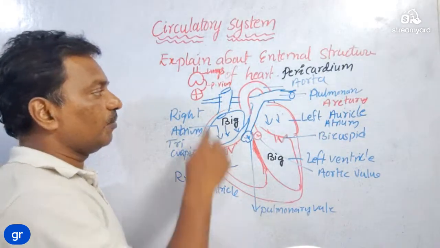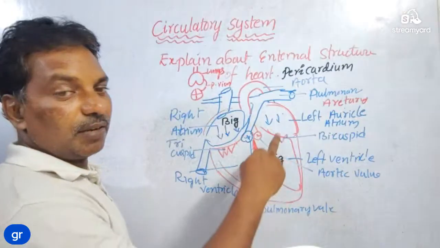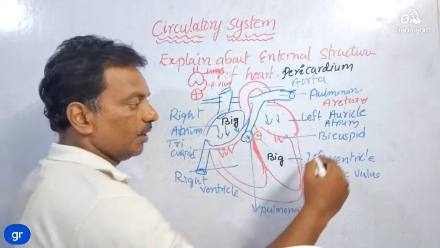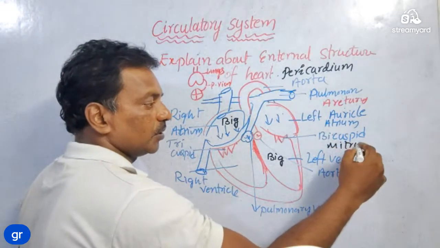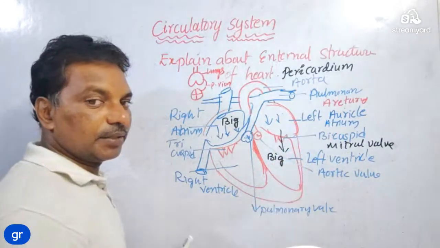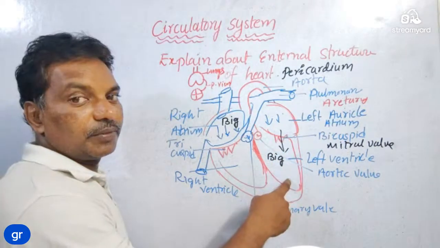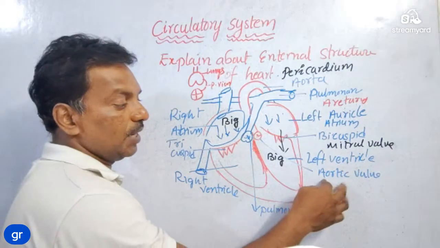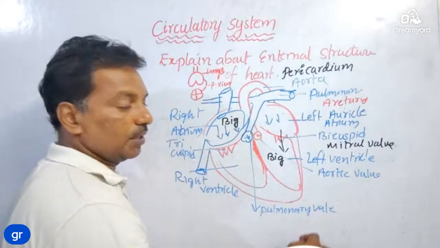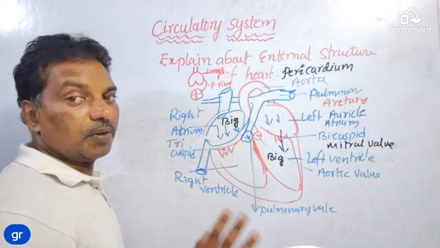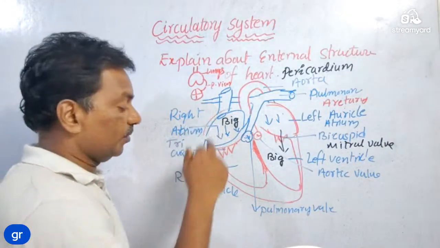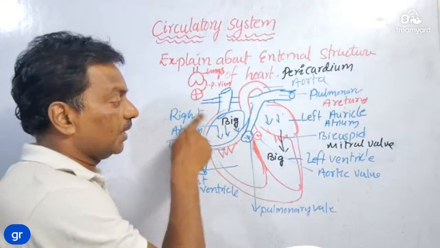So from here, now the blood reaches into the left atrium. Through the bicuspid valve, it is also called the mitral valve, the oxygenated blood reaches the left ventricle. From here, the aortic valve opens. Oxygenated blood moves to the upper parts and comes to the lower parts, reaching all the body parts. From the different body parts, superior head and neck, inferior rest of the parts, deoxygenated blood is carried to the